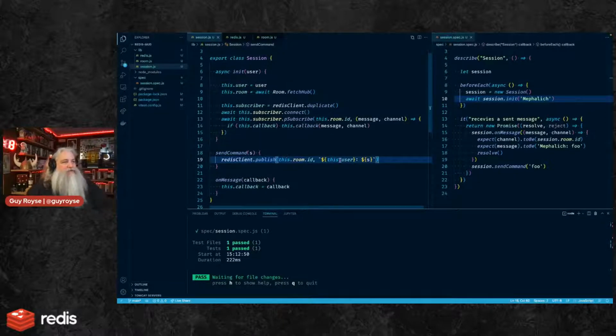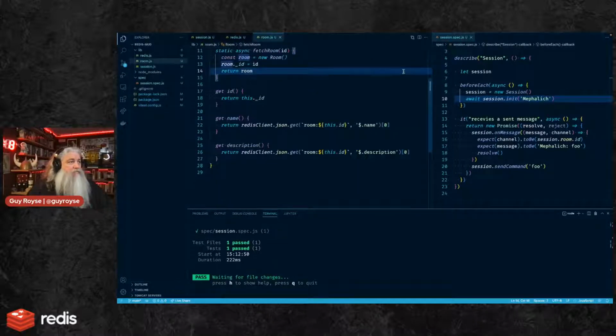But this logic feels like it's in the wrong place. Like I'm deliberately trying to get the. Well, I've got a room. That was a start. I think what I need next is the pub sub semantics to be somewhere else. And so maybe the room needs the ability to send messages around or something along those lines.